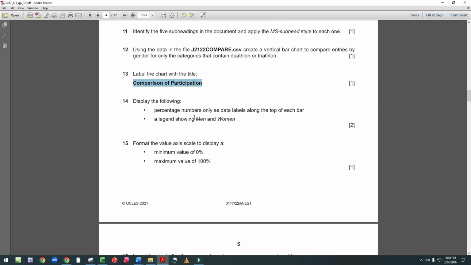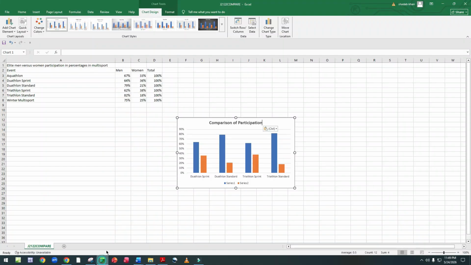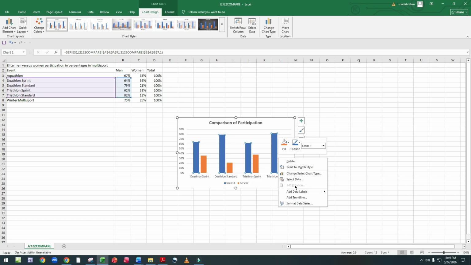Display the following percentage numbers only as data labels along the top of each bar. Now we enter, right click, add data labels.